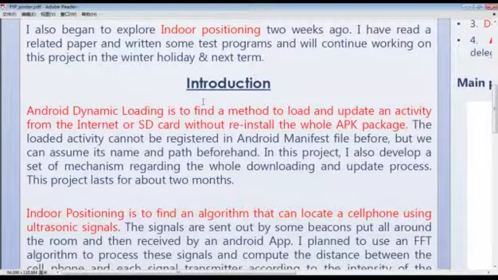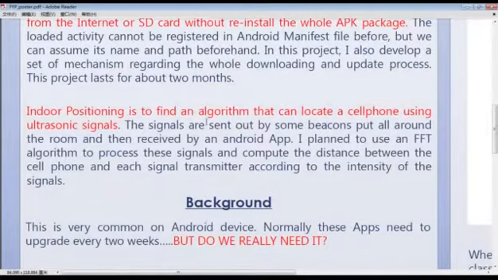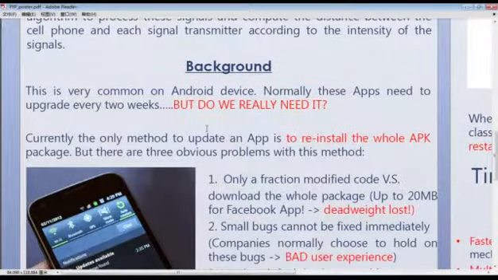The first subproject is Android Dynamic Loading. What is Android Dynamic Loading? It is for us to find a method to load and update an activity in an Android app from the internet or SD card without reinstalling the whole APK package. Why is this significant? Because these days nearly everyone has a smartphone, and here the smartphone is an Android smartphone,